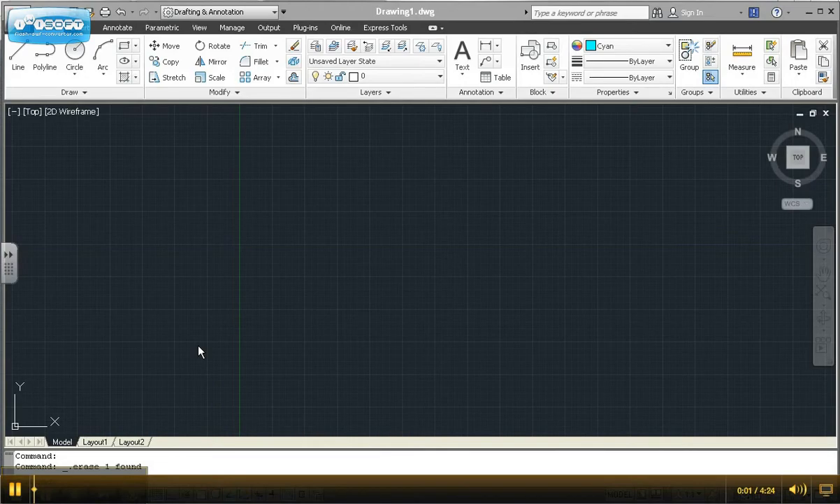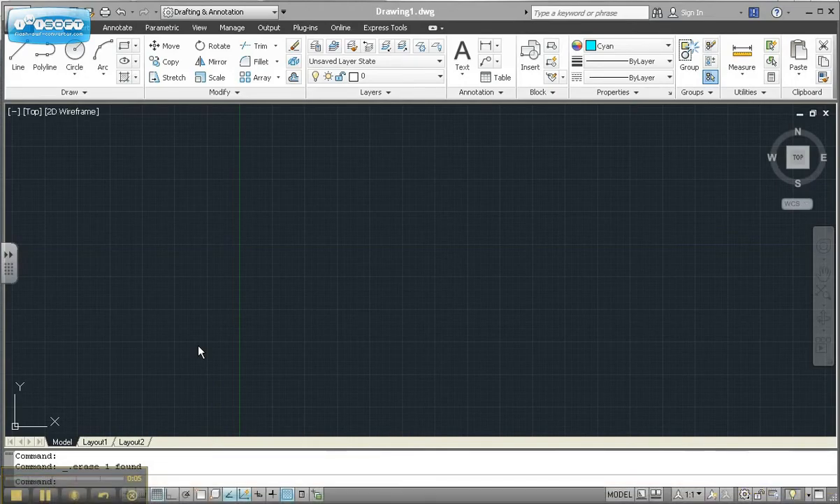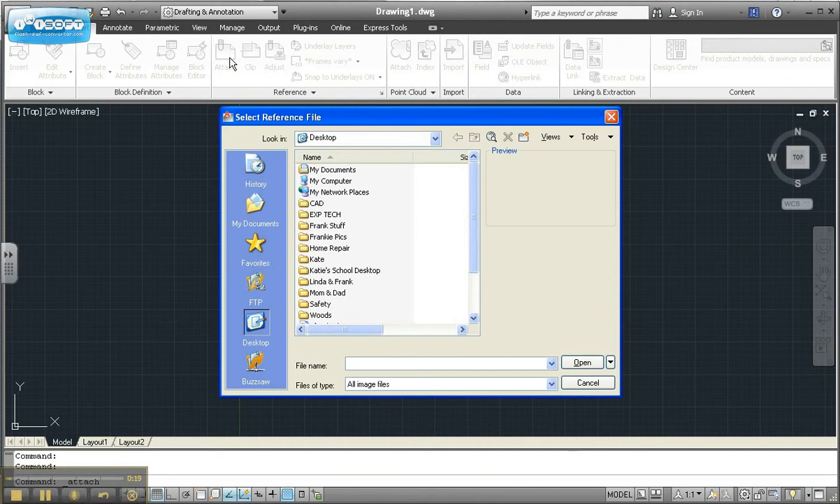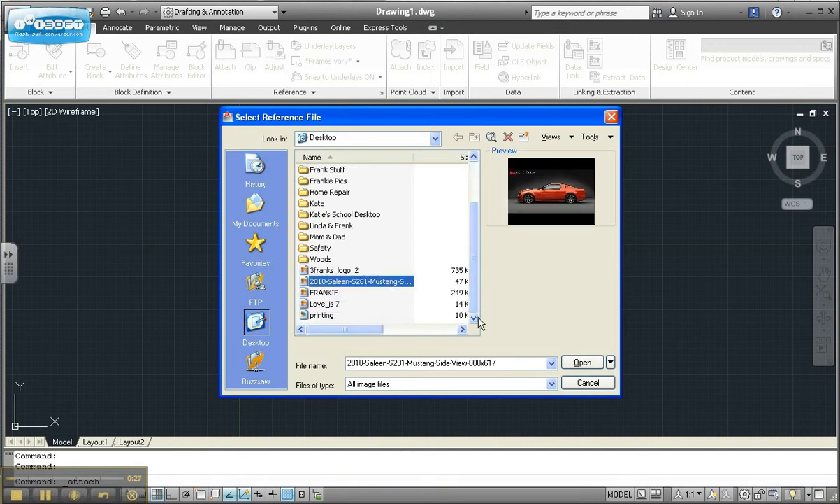Today I'm going to do a little demonstration of how to trace a picture using the Polyline tool. So first thing I want to do is insert the picture I want to trace. I'm going to go to the Insert tab at the top, and after the Insert tab is activated you go to Attach. At this point you should already have your image saved somewhere on your computer or in your student drive. So I'm going to choose my image, hit Open,